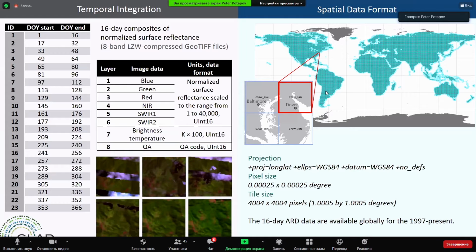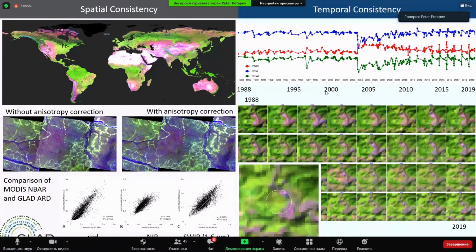After that, we aggregate normalized data into 16-day composites using the images with the best quality. The 16-day interval is selected in view of the Landsat cycle, and it also matches the most popular MODIS format. This data is then converted into geographical coordinates. They are stored with a 27-meter scale, and we can quickly select regions for regional and local projects, and we can also do parallel computing with them.